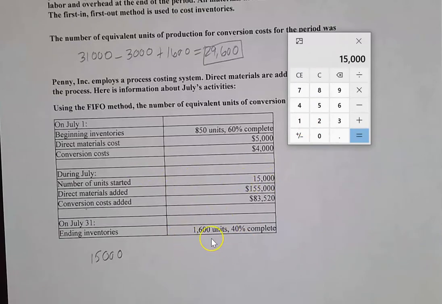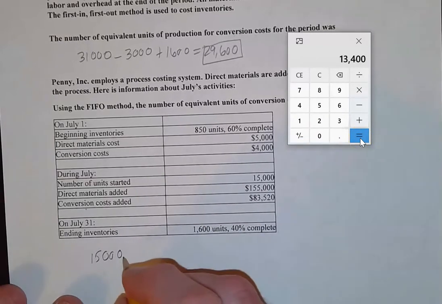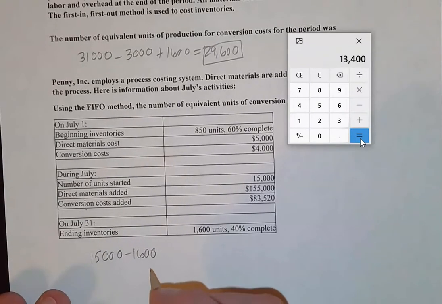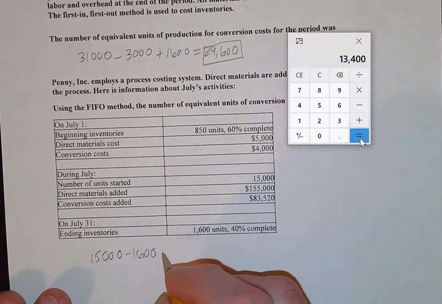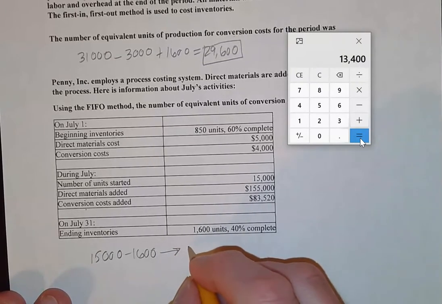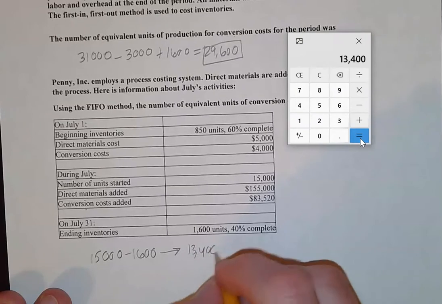There were 1,600 in the ending inventory, okay? And I want to say that this number here is going to be 13,400. Now that's not our answer,